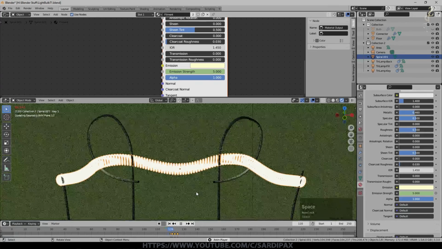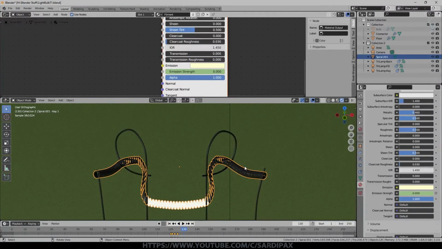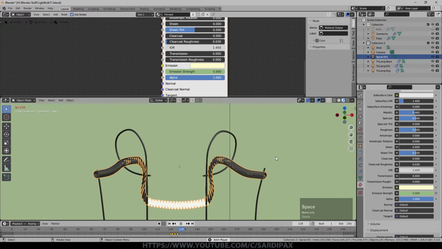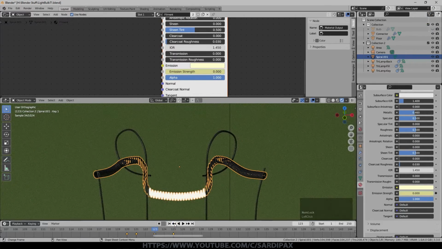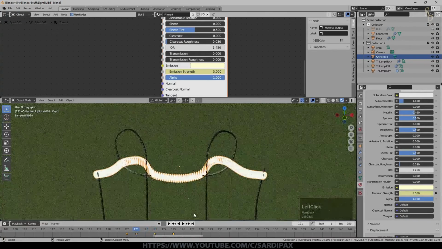So if we now let that run, you can see this part of the material essentially switches off. Might be able to see it a little better here, there. So we obviously need this part of the material to become invisible at that point because it's burnt out, it's no longer there. So I can use these little markers just to go back. So that's where, between there and there is where it breaks. So it's about here where the filament has broken, because the light is starting to fade from this area. So that's where I need to start making this one, or make this one, invisible.